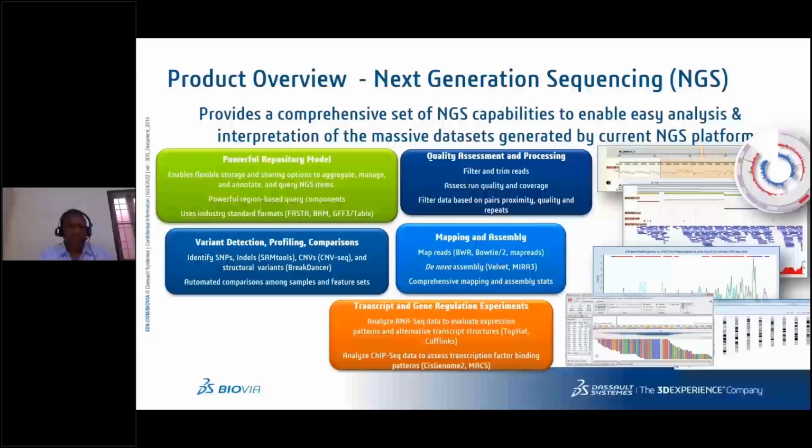Then we have variant detection, profiling, and comparison. So you can identify SNPs, insertions, deletions, copy number variations, and structural variants. The program is called BreakDancer, and that is also integrated with the program. Any other program outside of this can also be integrated. You can do automated comparison among the samples and the different feature sets, basically. So these are the things that you can do from the variant detection part. And then